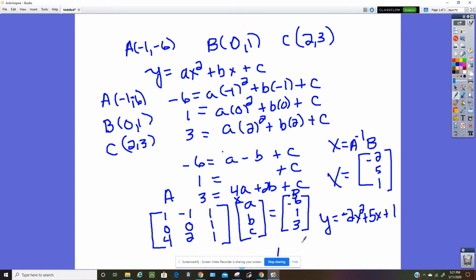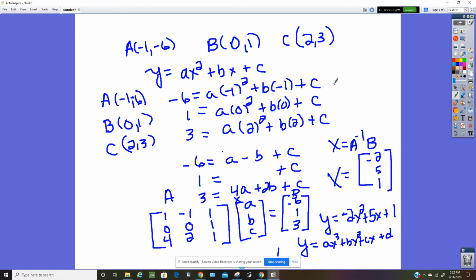So we did need 4 points if you wanted to do a cubic function, but your general form would be ax cubed plus bx squared plus cx plus d, and then you would plug your 4 points into here, your x and y values into here, and then you would find a cubic. So you would need one more point for the graph than the degree. So this degree is 3. I would need 4 points to find the equation. So you'll see that in one of the next videos if we need to